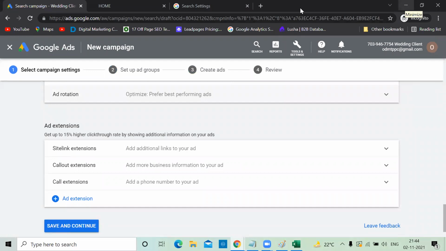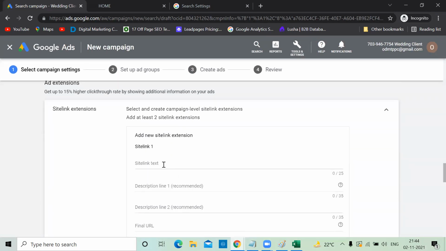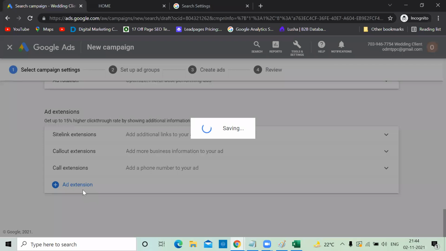Once you create them, you can use them over here. In this account, I haven't created them, but you don't have to do it right now. You can skip it and add it later. Either you can create it right now here, the site link extension, whatever you want, or else you can do it later. I recommend don't do it now. Do it later. Save and continue.